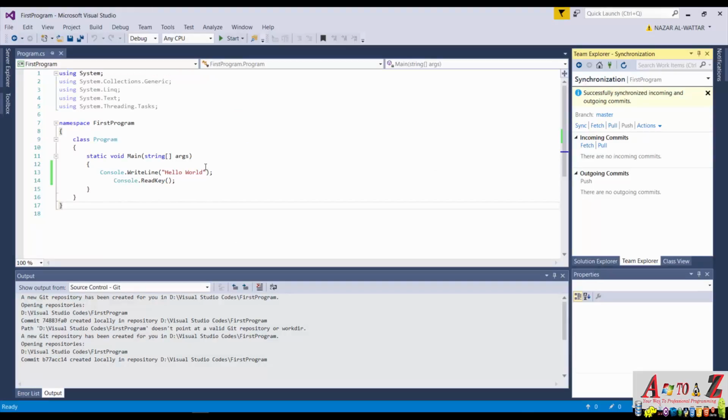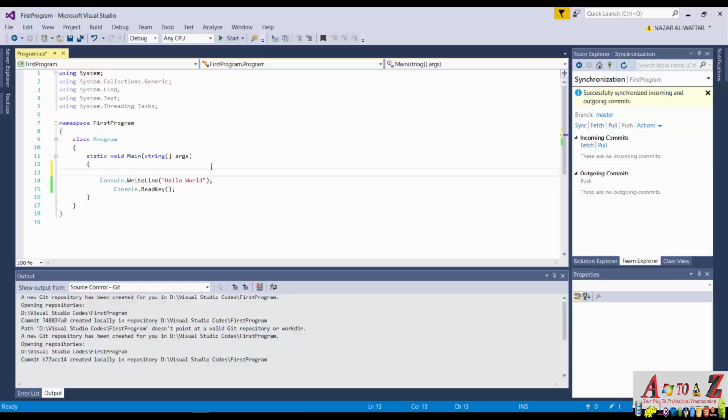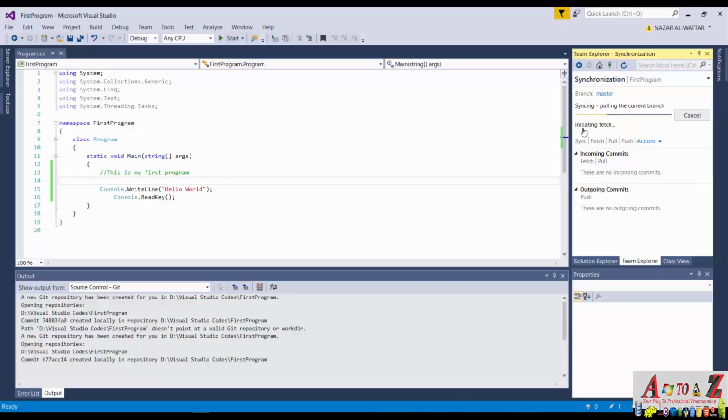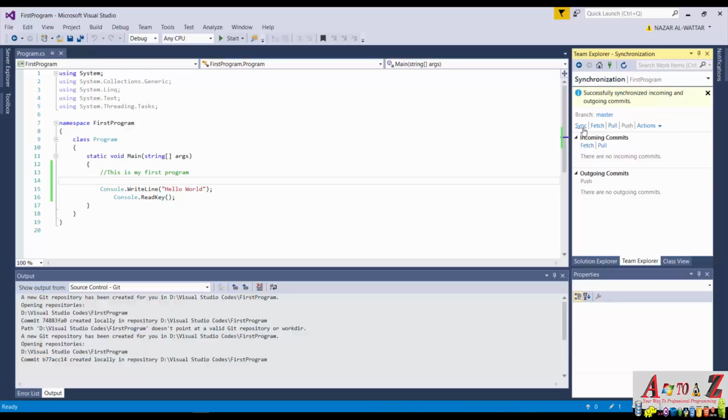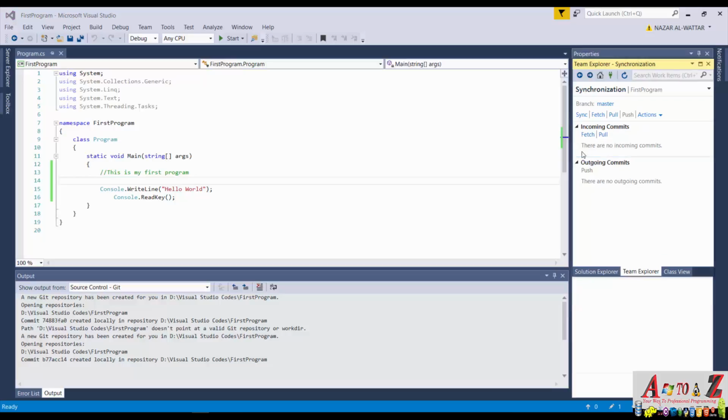Now we need to know what happens if we make any changes to our code and we want to synchronize these changes with the remote cloud. As you can see here, I'm going to write one comment inside my code and then click on save so as to save these changes. After that, we go to Synchronize again and synchronize these changes with the remote cloud,